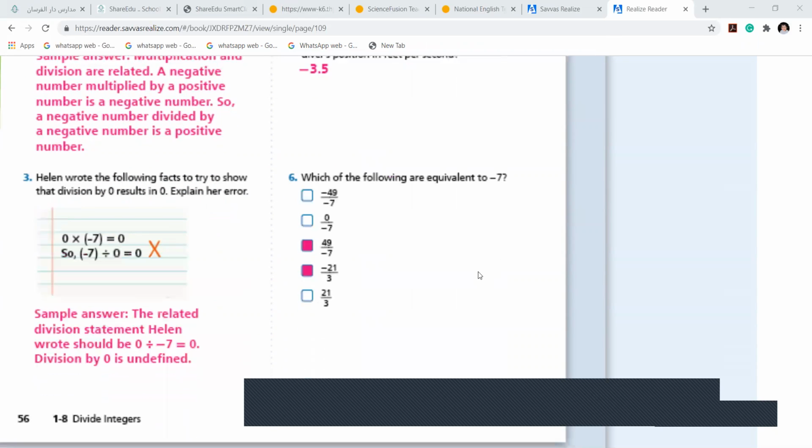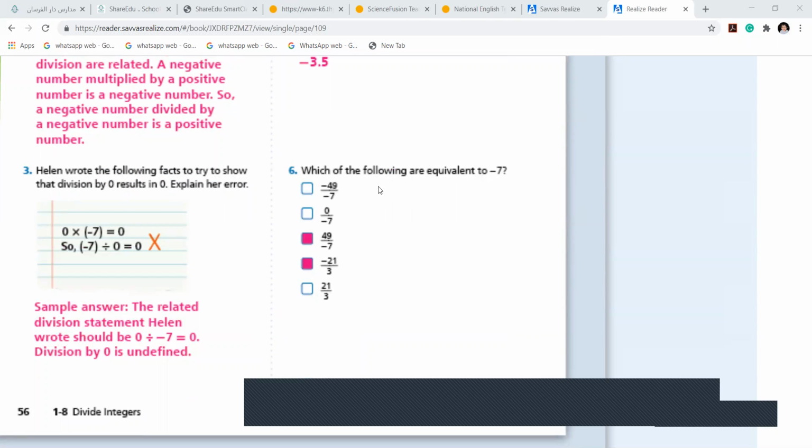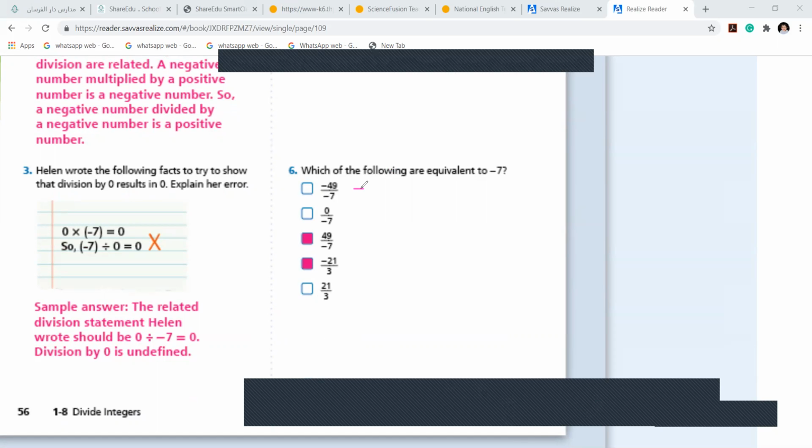Coming to the next question. Which of the following are equal to minus 7? They want the answer as minus 7. Girls, here both are negative. Your answer cannot be negative. It will be plus 7. This answer is minus 7 because one is negative and one is positive. Again here, 3 times 1 and 3 times minus 7. One is positive, the other is negative. This one, it is plus 7. So your answer is, okay? Okay.